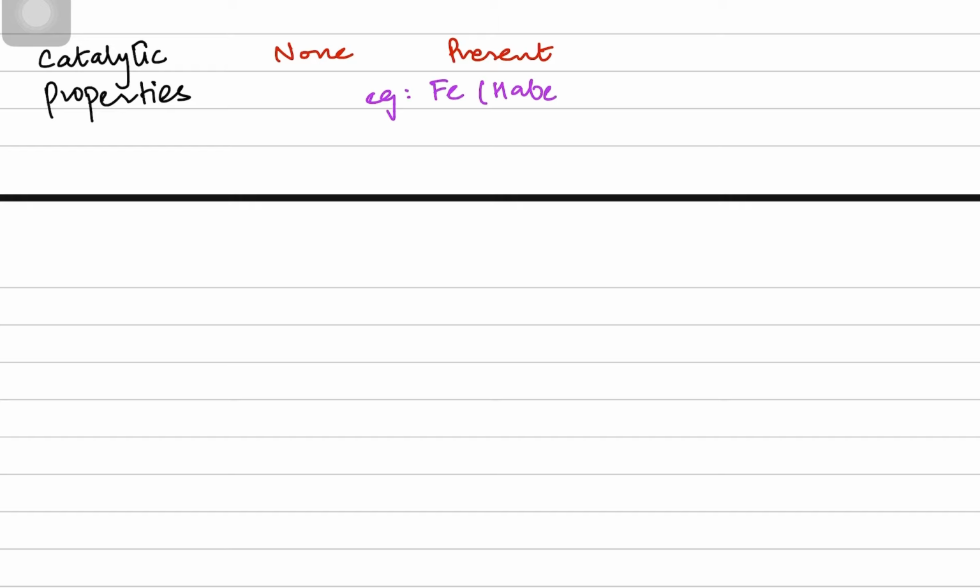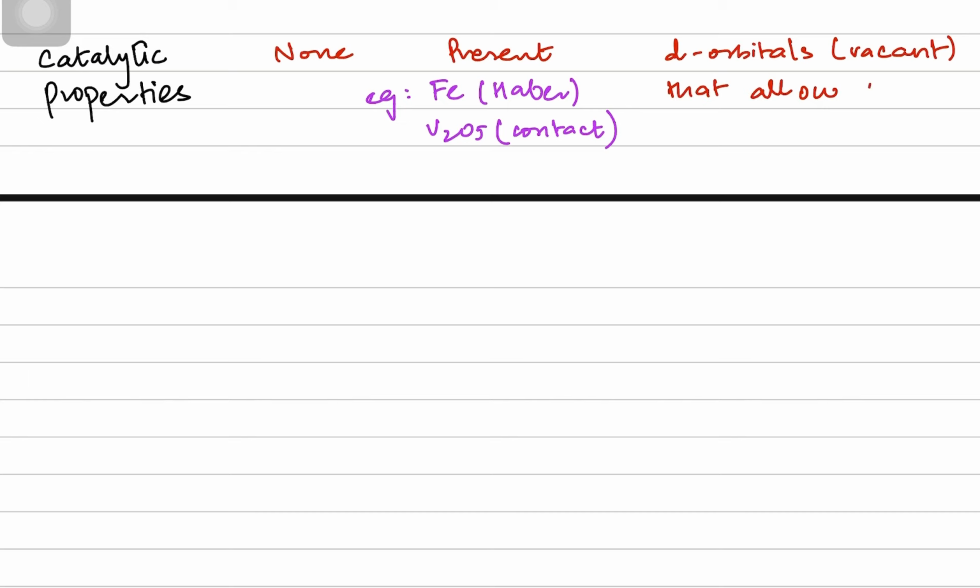The last property that I want to talk about here is the catalytic properties. They show catalysis. Group 1 and group 2 do not show it, but transition elements do. The reason comes down to their d orbitals. For example, iron shows catalytic properties in the Haber process, vanadium in the contact process. Palladium and platinum are involved in catalytic converters. The reason comes down to d orbitals being vacant. We have already talked about this concept before, but let's talk about it again: the d orbital allows heterogeneous catalysis, but we will talk about it later again once we are done with the concept of complex formation. So I should write here,